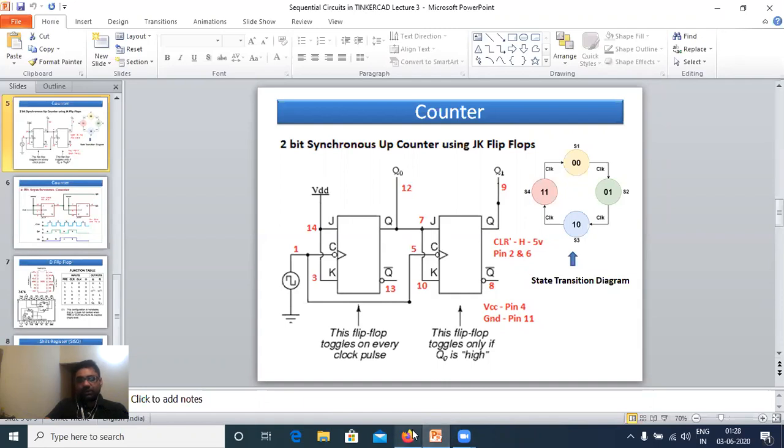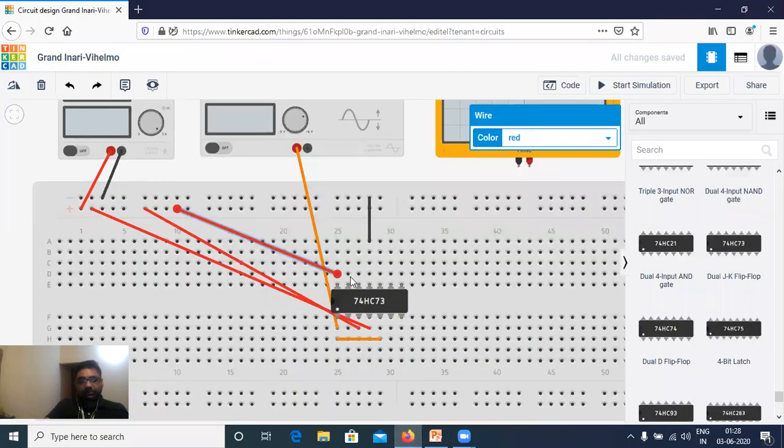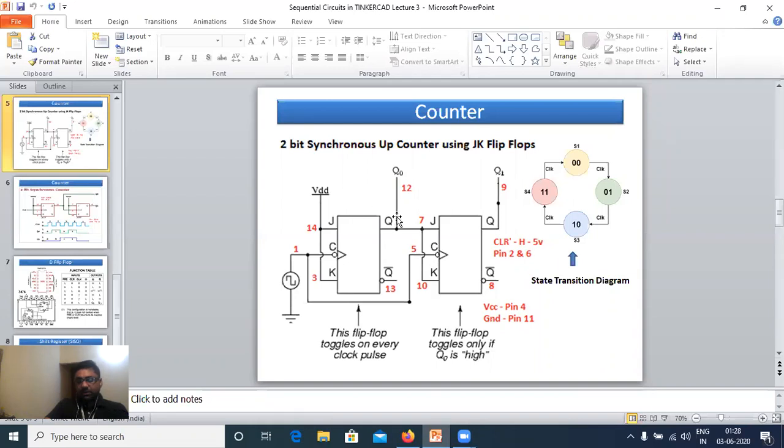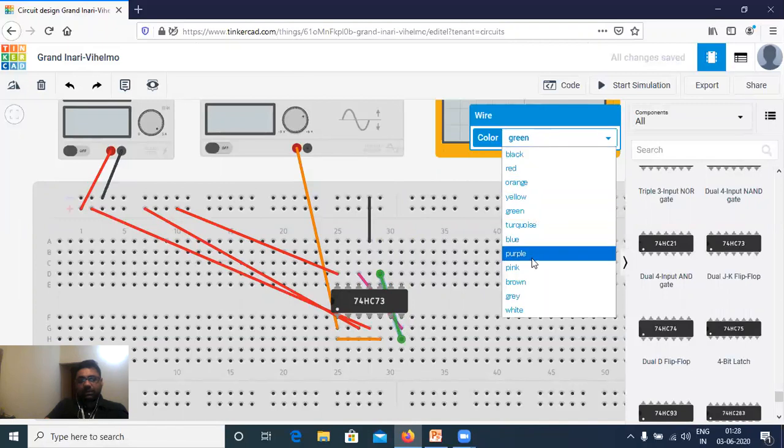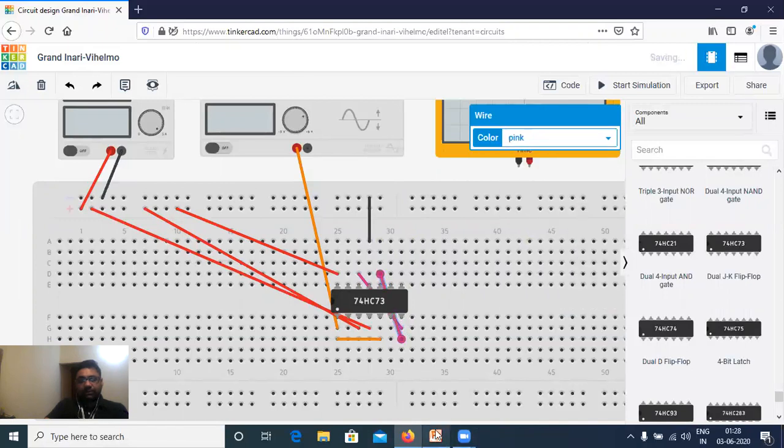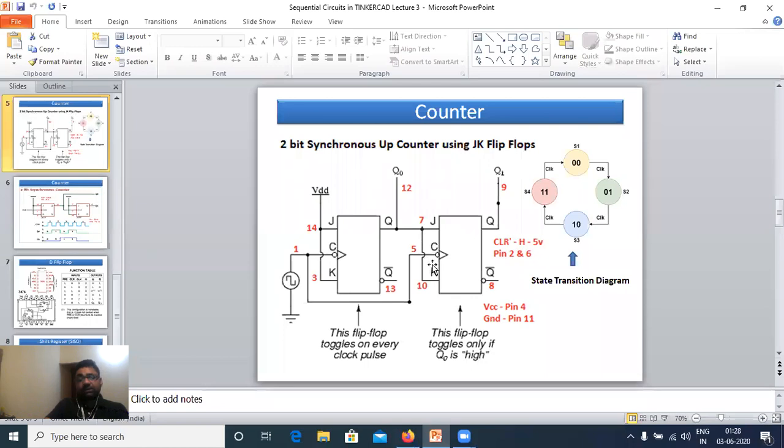I will connect pin 12 to 7. This is an internal connection, so I will make it pink. Then 7 to 10, which I will also make pink. So this connection is done.